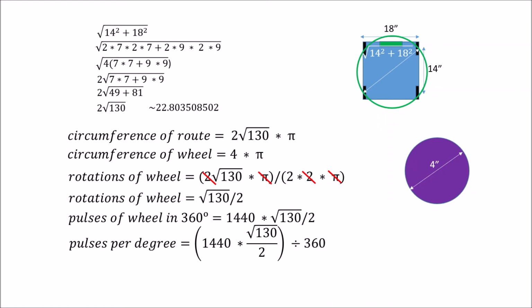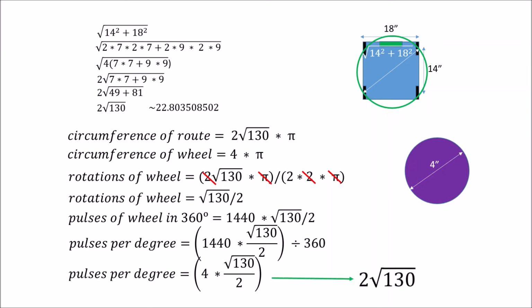The result being that the number of pulses per degree is 4 times the square root of 130 divided by 2, or, wait for it, 2 times the square root of 130. And if you look up toward the top, you'll see that that is the hypotenuse of the circle created in the rotation. This is not an accident. It has to do with the diameter of the wheel and the number of pulses being divisible by 360. But just so you know, that is actually going to be roughly the number of pulses per degree. And we'll use this in our